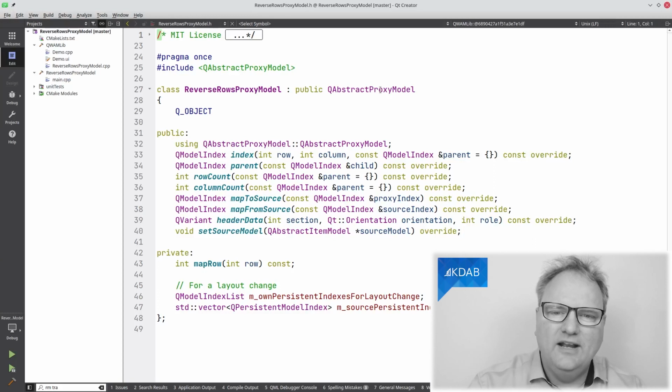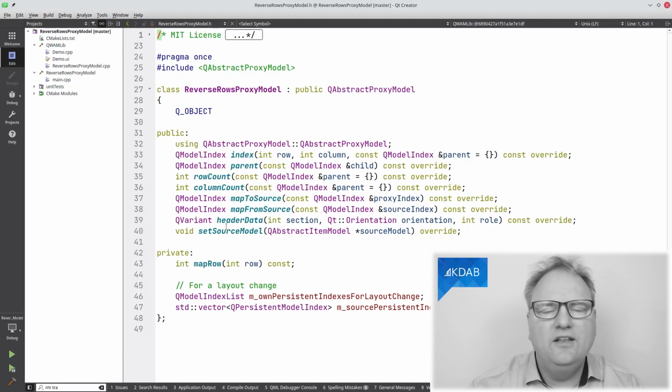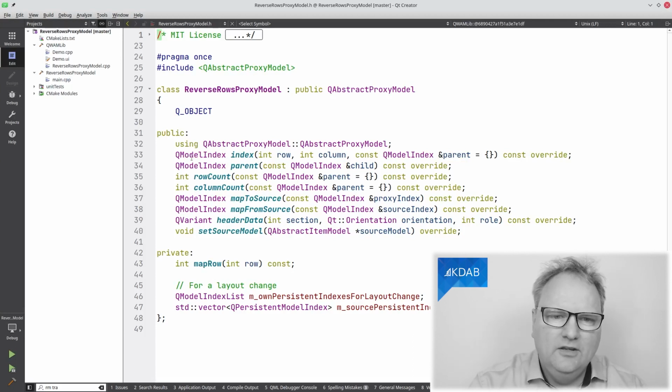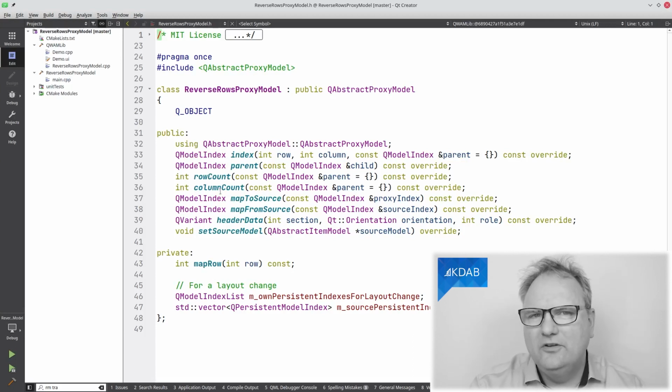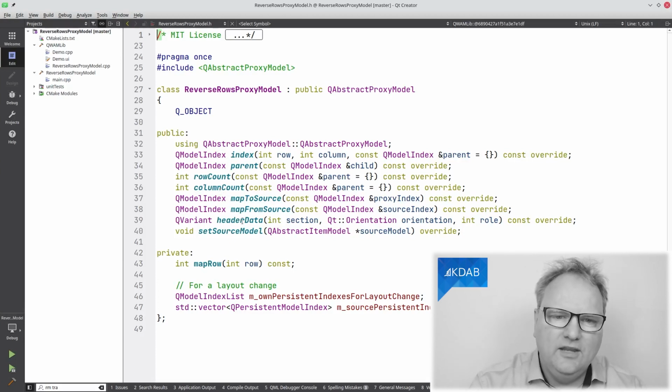Let's look at the API that we need to implement here. I have a bunch of methods that you might never have seen before if you've never done a proper subclass of QAbstractProxyModel, and some that you might have seen before. You've definitely seen rowCount and columnCount. They still do the same thing, and headerData still does the same thing.